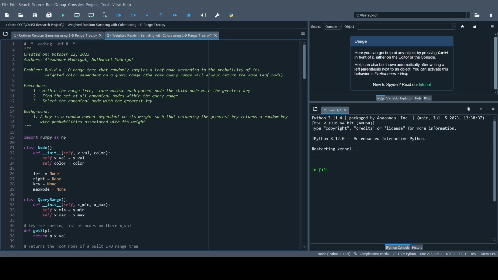Hello, my name is Alexander Madrigal, and I will be giving an overview of Code 2, Weighted Random Sampling with Colors using a one-dimensional range tree. So the basic idea behind this is, given a list of points along a number line, so only x values, each point will have a color,